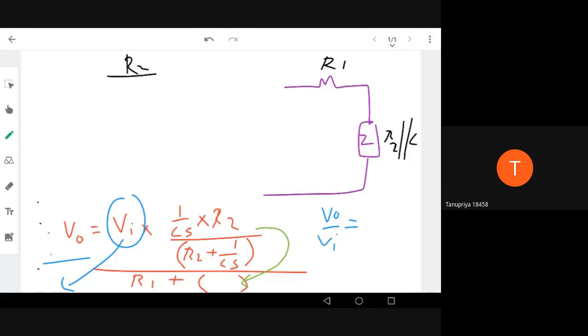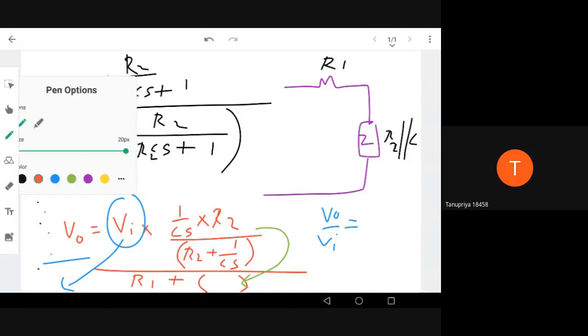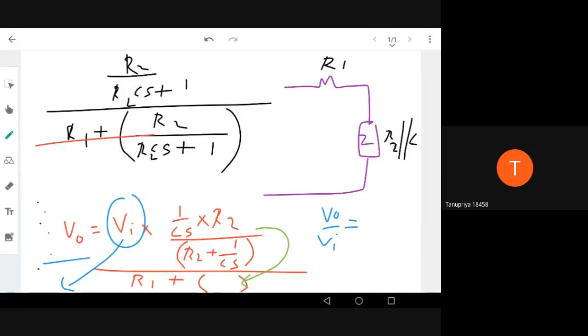So this is R2 divided by R2 Cs plus 1, right? This is the parallel combination. Divided by R1 plus the same thing, R2 divided by R2 Cs plus 1, right? So this is the answer. You simplify it, we can see that this will be taken common. So this will come here, and the denominators both will get cancelled, and you may get,